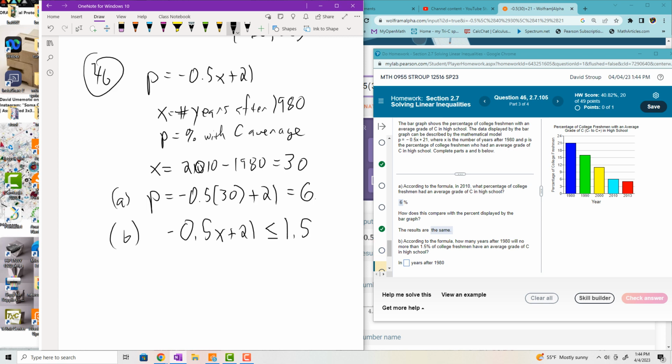And then all we have to do is solve this inequality. So I'm going to move the 21 over. So negative 0.5x less than,